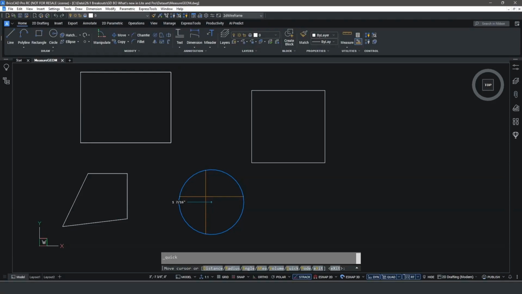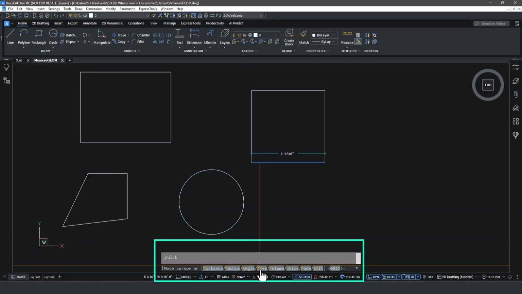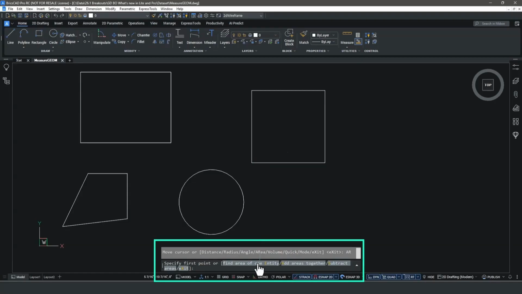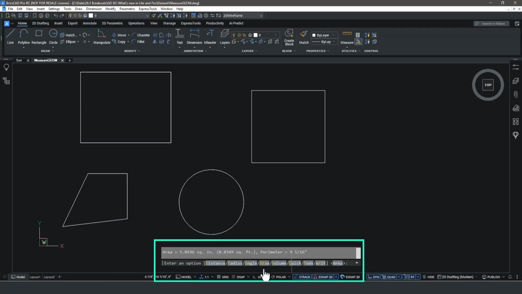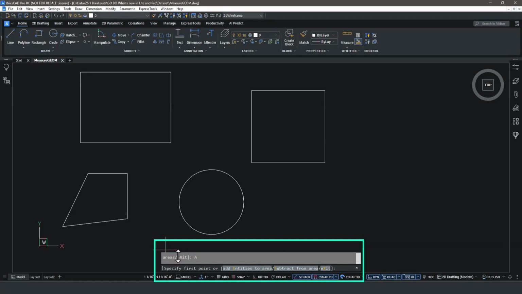MeasureGeom calculates measurements on single or multiple entities. In this example, we'll display the area of the single polygon at the command line. And in this example, we'll calculate the total combined area for both the circle and the polygon.